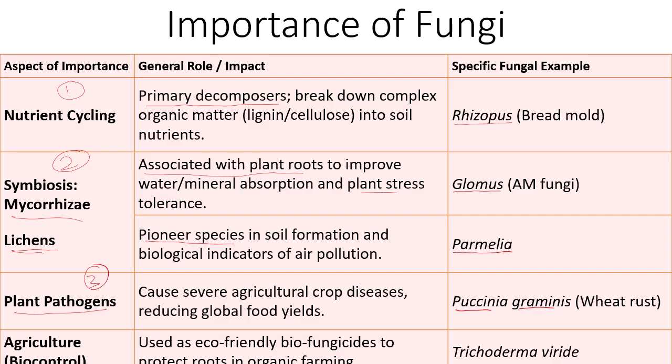Then some of the fungi are used in agriculture as biocontrol agents, and they are antagonistic fungi. Their hosts are other soil-borne fungi. So to control different fungi, there is use of a fungus named Trichoderma viride, which kills other fungi. And another example is Penicillium lilacinus, which kills nematodes. So this way the fungi are helpful.